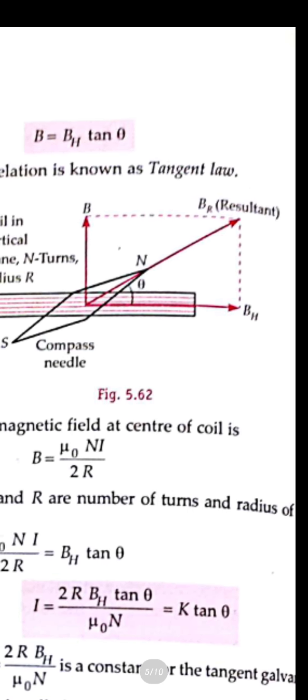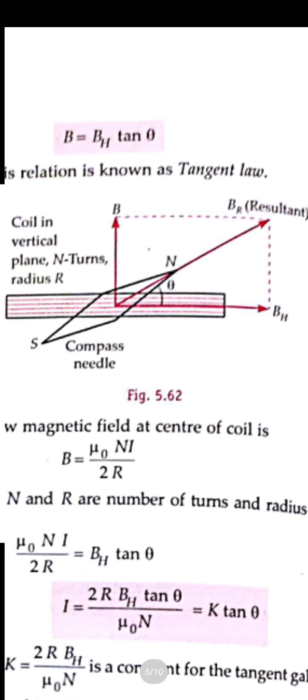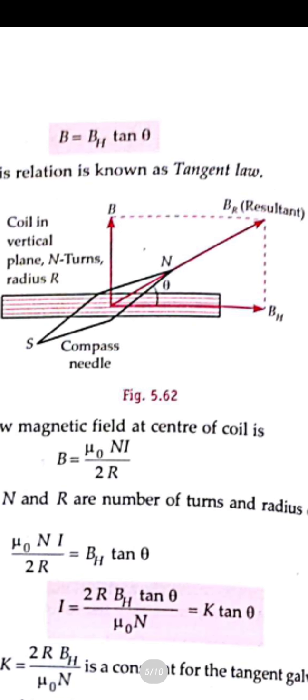So in this figure you can see BH and the magnet, and the needle will also be there, which will be taken as the resultant, and the number of turns will also be there. So the magnetic field will be mu naught Ni upon 2r. We have already seen this for the magnetic field at the coil, because we have already taken this as a coil. No? 3 coils are there for the tangent galvanometer.